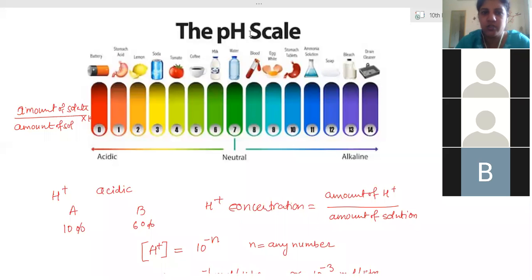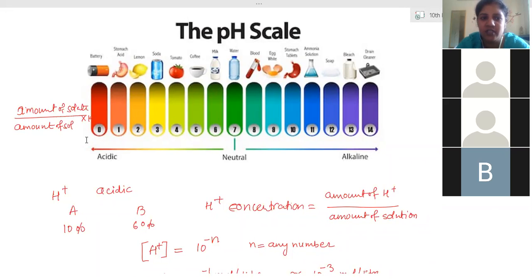It's clear now. So here some of the examples have been given for which one is acidic, most acidic, weak acidic. So according to that, we have to check out the pH value. Knowing is very, very important. Many diseases can be diagnosed, or many discomfort in the body can be diagnosed by knowing the value of pH. Or any purity of the solution can be tested with the help of knowing the pH values. So pH values are important to know. There are many practical applications. Few of them you have to learn in this chapter also.